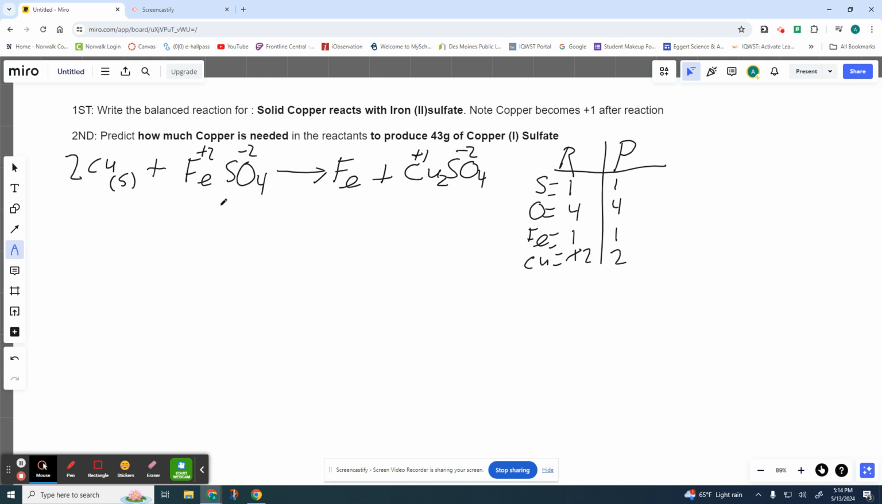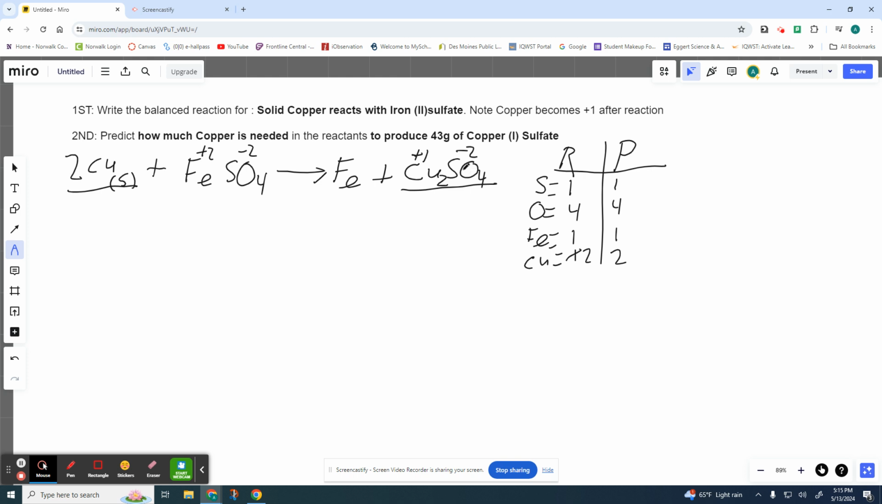So what I like to do is I'm going to underline the items I need. When it asks how much copper is needed in the reactants, I'm going to come over here and underline the copper, because I'm going to need to add up all the mass for the copper. I'm going to skip the iron sulfate because it's not necessary for my prediction. I'm going to skip the solid iron because it's not necessary for my prediction. However, I do need to add up